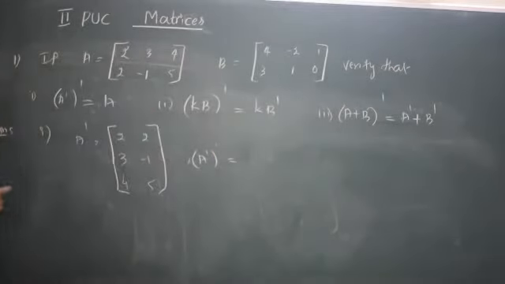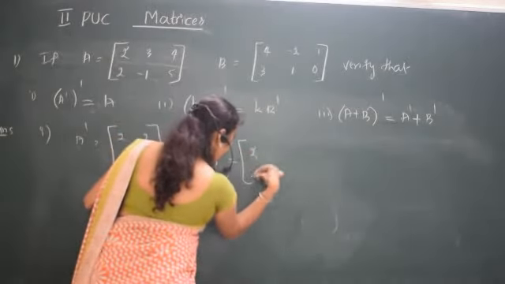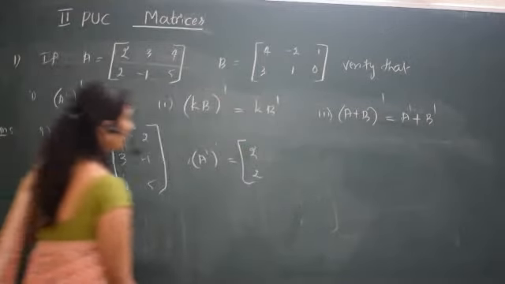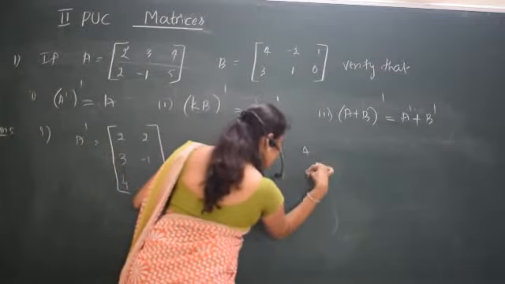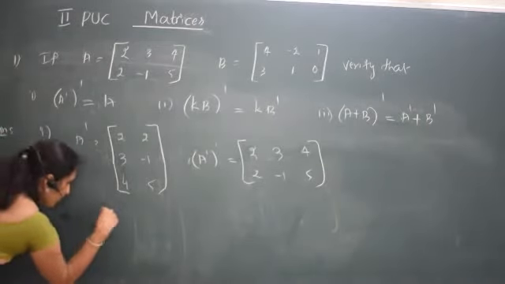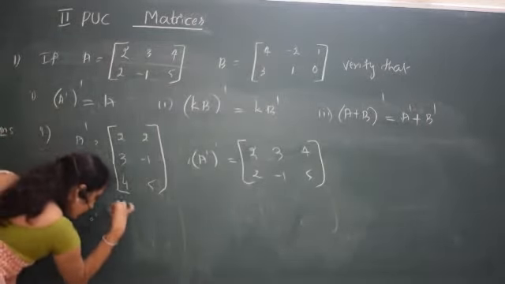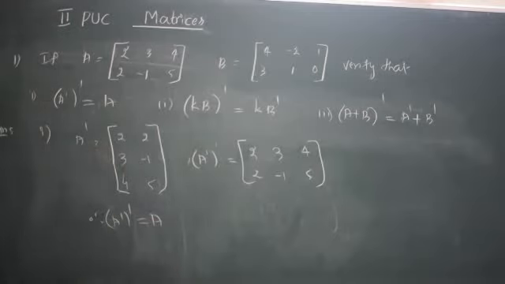So verification means again you have to write everything. By looking at that we can make out this is true, but we have to verify, which means you have to write all the steps. So next it will be again transpose, that means 2, 2, 3, minus 1, 4, 5. So it is verified that A transpose whole transpose is equal to A. So first one we have verified.